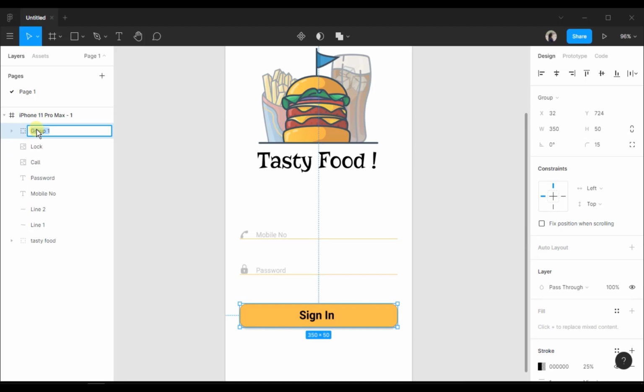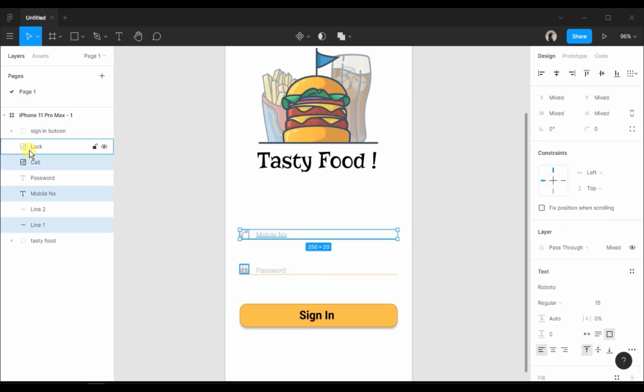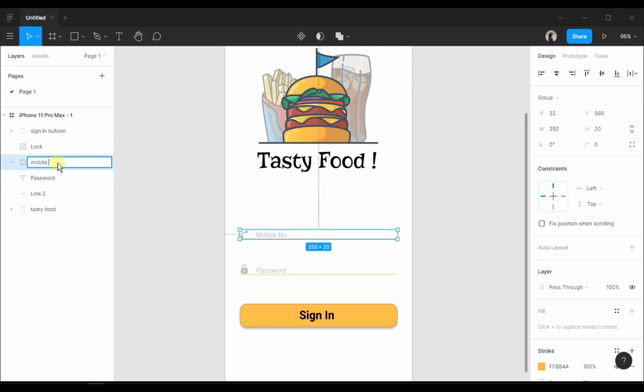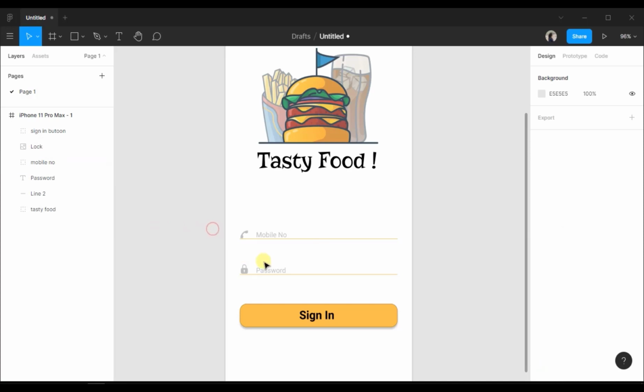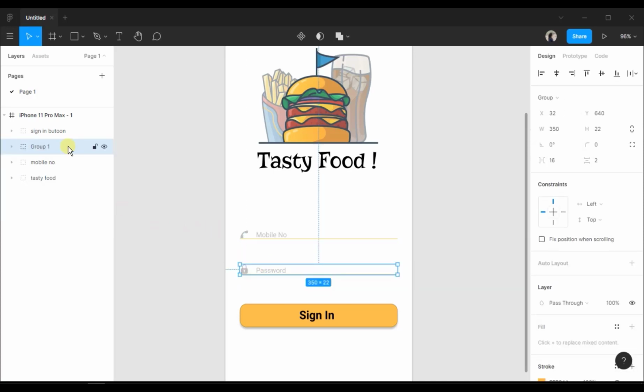Let's rename it as the sign in button. Similarly, rename this as mobile number, and this will be the password. You can also use the keyboard shortcut, which is Ctrl G, to group the items. So just select the items and press Ctrl G from your keyboard.